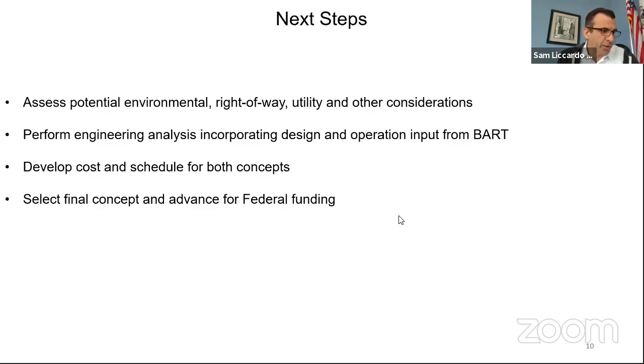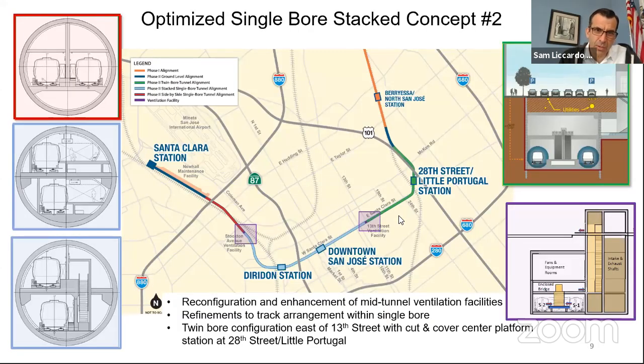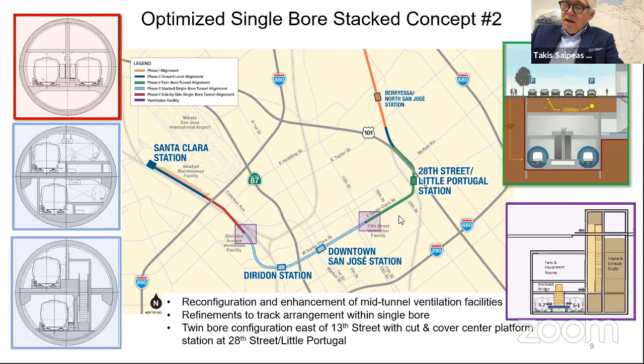So I'm just thrilled. Wanted to ask, Takis, forgive me if you said this already, but if we're forced to use 2 different kinds of boring machines or 2 different bores, has that been used elsewhere before? No, really, but in the segments in the LA Purple Line, which I'm watching very carefully, Mayor Liccardo, they are using the same twin bore TBMs, but different diameter. One is 22.5 and the other is 18.5, but no, a 48 and then twin bores. I am not aware of something like that.